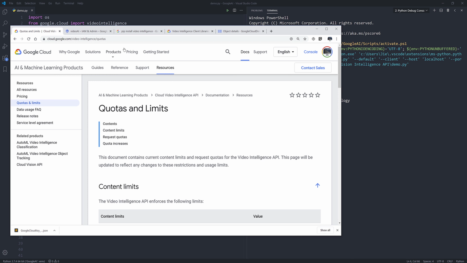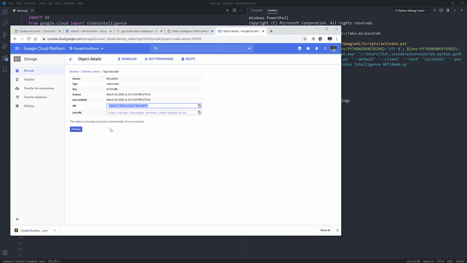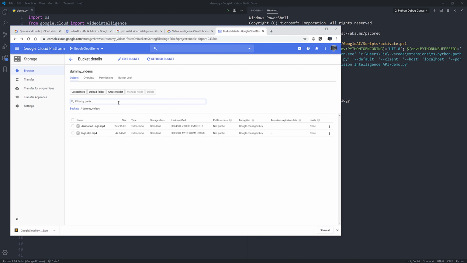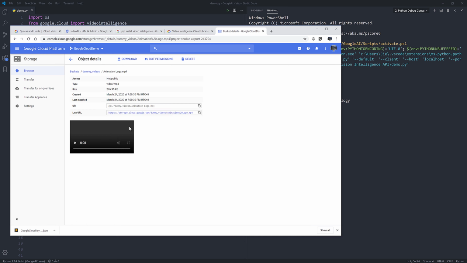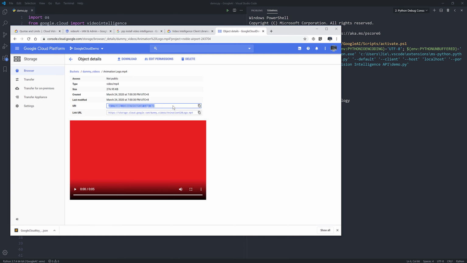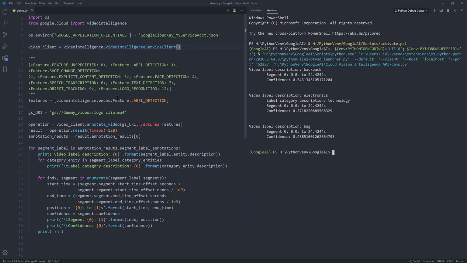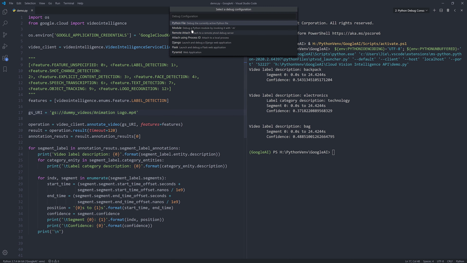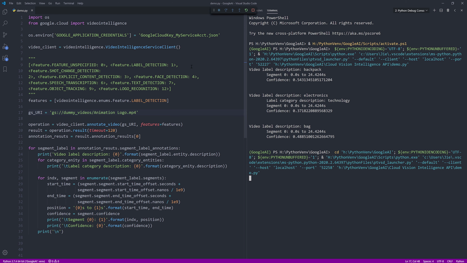Now let me use the other video, which is the Coca-Cola commercial video. Let me see. If I go back, it will be this one. If I grab the Google Cloud link, the video address, I'm going to replace this address with the other address. Now if I press F5 to run the script,